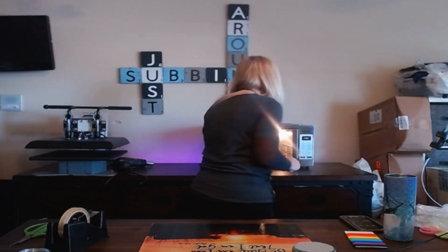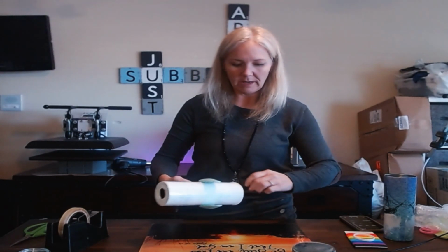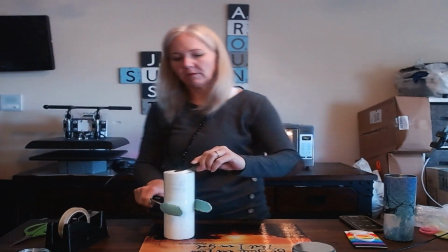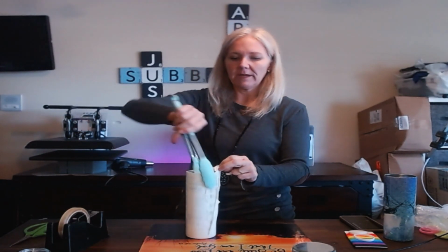All right, there's my timer, so it's time to pull it out. Now I take it out with tongs and I just peel those rubber bands off, let them cool, they'll be hot. So now I'm going to reach in and find the tape thing that we had made earlier. And when I do that,